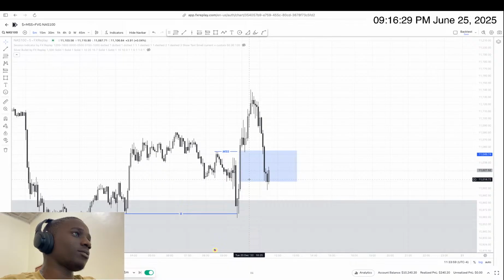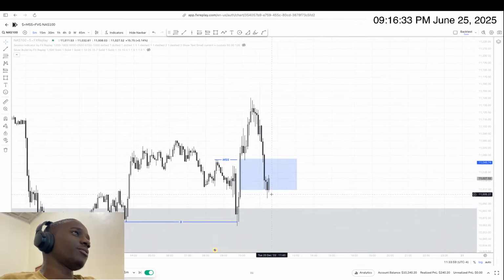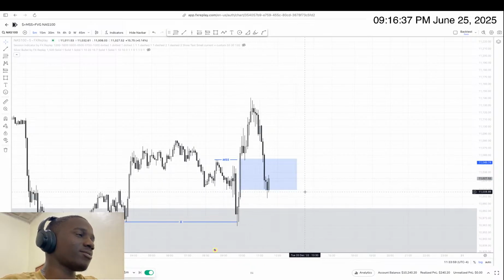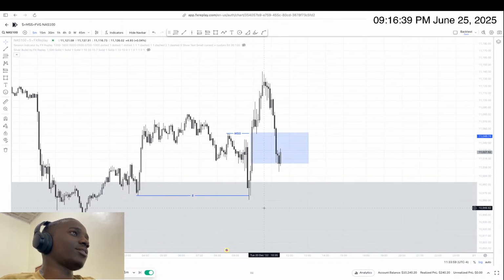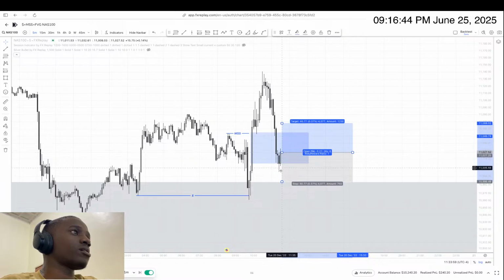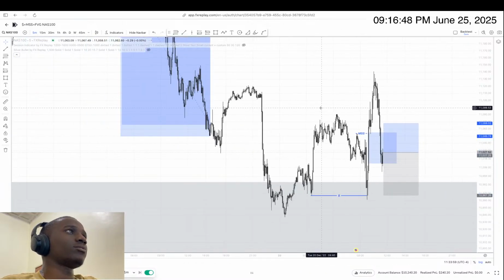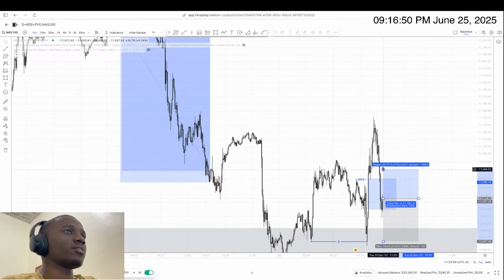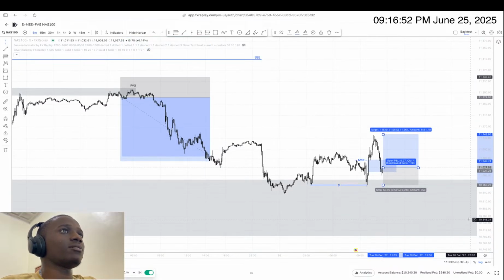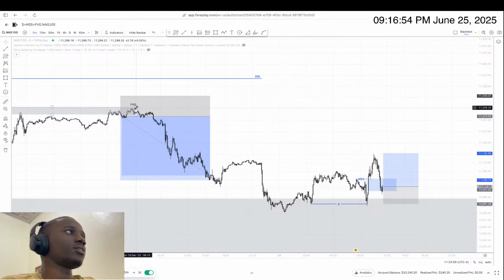So you can see that we're already rejecting this level, and I would like to enter this trade. So far we are in OTE, we're rejecting this fair value gap. You can see how good these candles are closing, and we are in a POI. And my target would obviously be first this high here, and then we can hold even to reach these highs